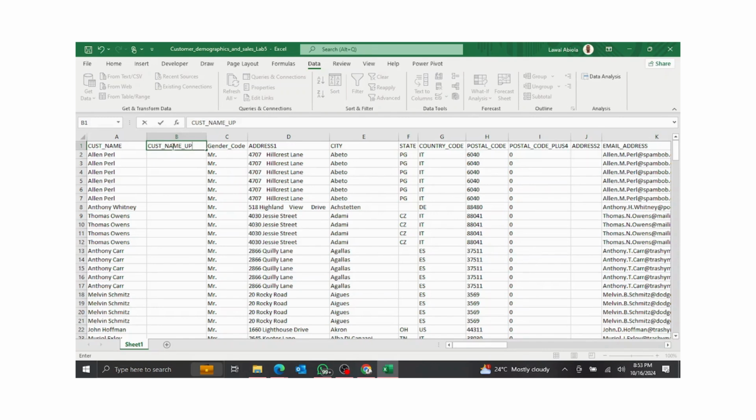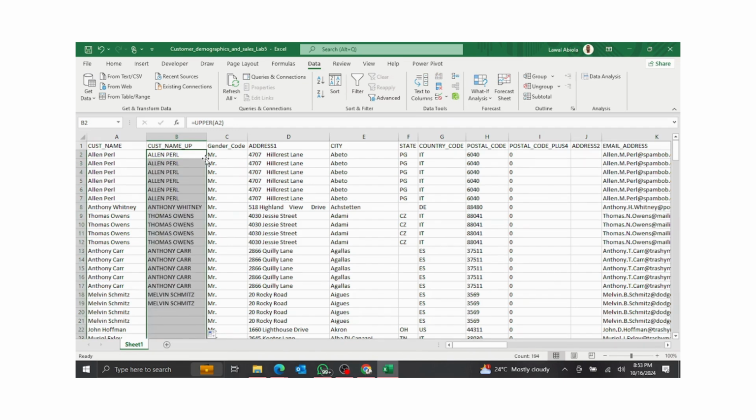So now to do upper, you say is equal to upper. So you can see it's brought out upper, then asking for the text. So this is the text, then I click OK. Can we see that it actually brought out everything in capital letter? So on this edge here that is showing plus, you double click. So when you double click, you can actually see that